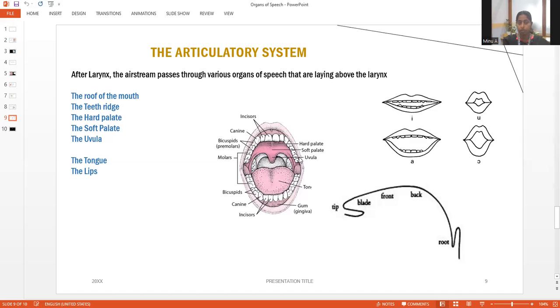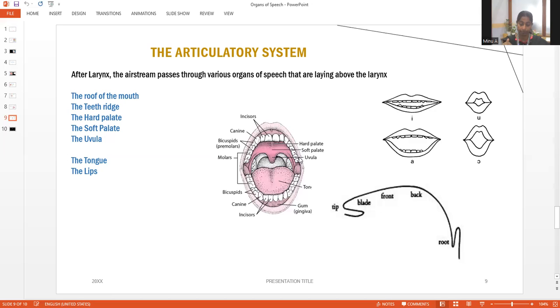So these are the parts of the roof of the mouth. It starts with the teeth ridge or alveolar ridge and then proceeds to the hard palate, then the soft palate and uvula. When we move on to the remaining organs involved in the articulatory system, let's start with the tongue. The tongue has three main parts. The part of the tongue that is just opposite to the teeth ridge is the